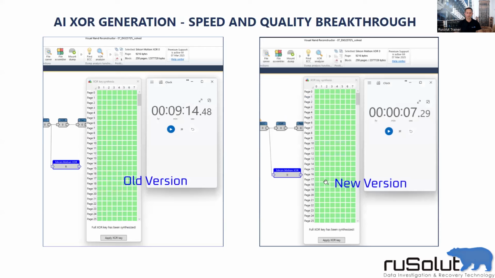But the main feature of this update is a breakthrough in our AI XOR generating tools. Firstly, let me tell you several words about the tool itself. As you know, controllers use scrambling when they write data into NAND memories, right? And basically, there are two approaches to how you can descramble data. The old one, the classic one, let's say,